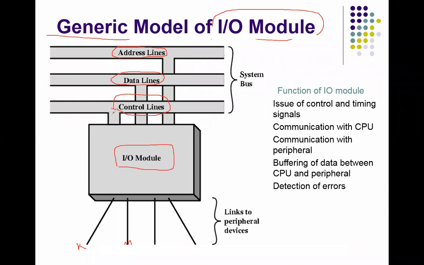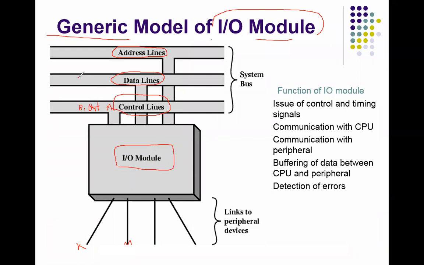Right? If you want to read the data, at that time it will set a signal. For example, if you want to read the data from the R1 register, it will set R1 out. Right? So this kind of control signal we have to generate by the control line. R1 out and then memory in, right? If you want to store from the register to memory, this kind of control signal is required.